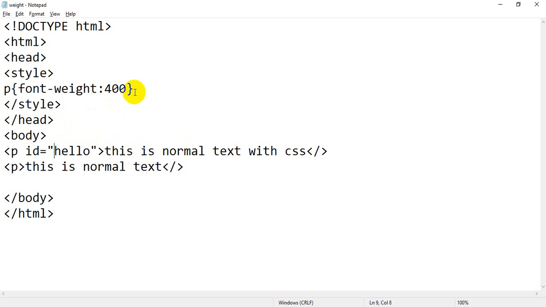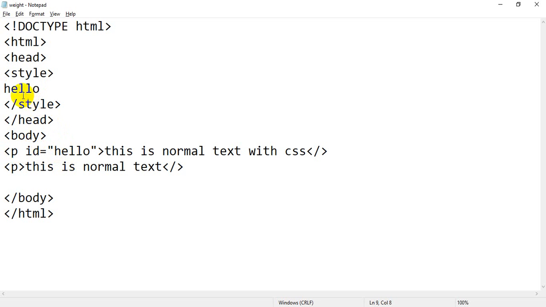Just forget this. If I use ID, what is the ID? ID is hello. Instead of writing the selector, that is p tag, I am going to write the ID. What is the ID?